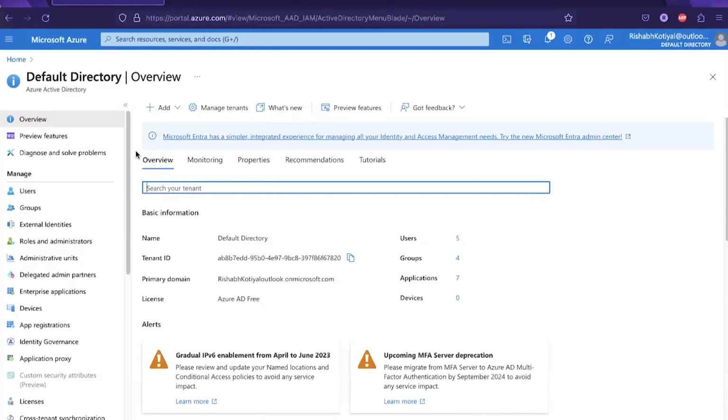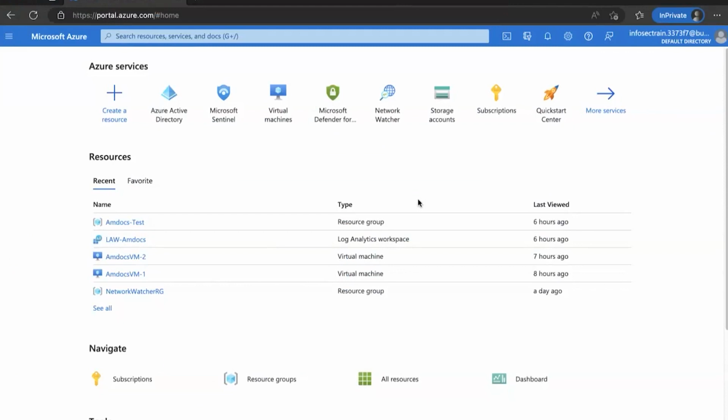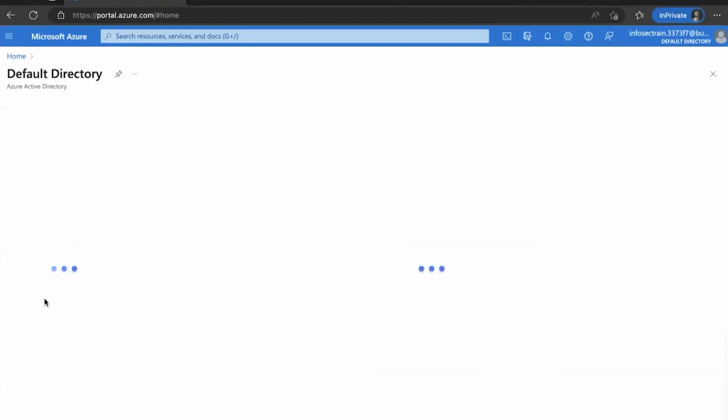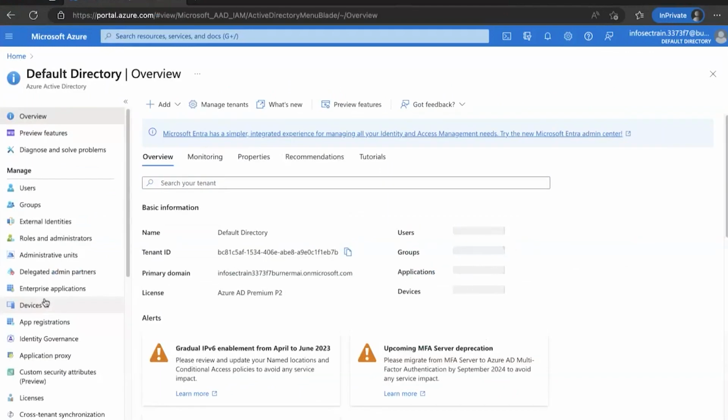So let's say that I started a startup and I sign up for this. Let me open my demo account. We are now at the demo account of mine. I will go to the Active Directory service over here. A few differences will be here. I have activated a free trial of 30 days of Azure AD Premium P2 licenses.